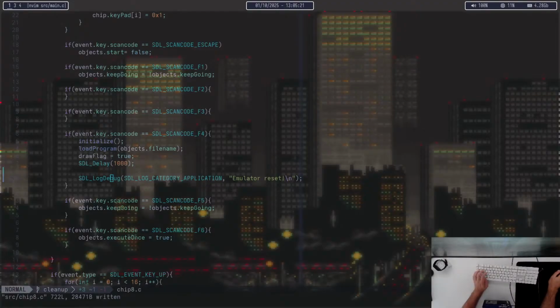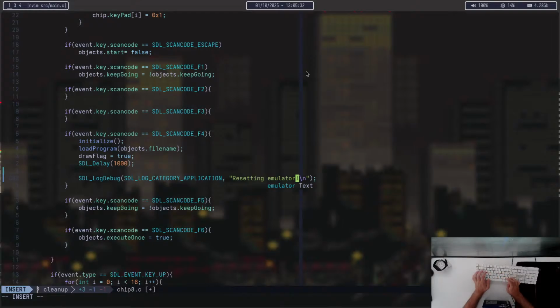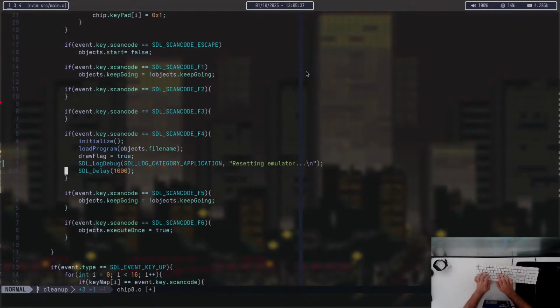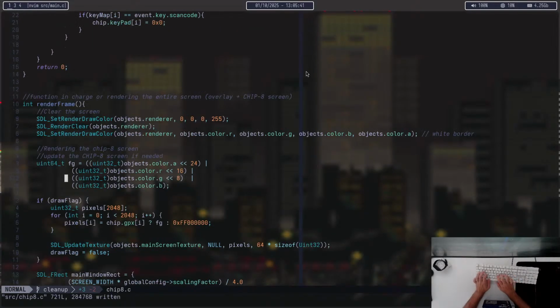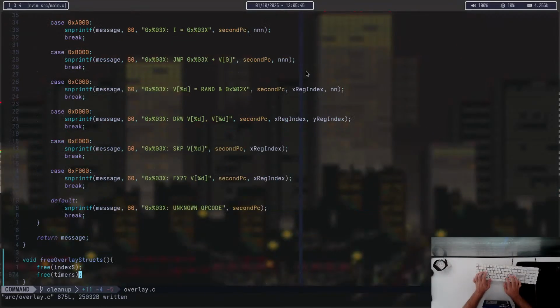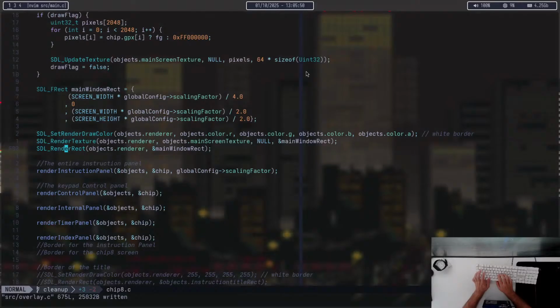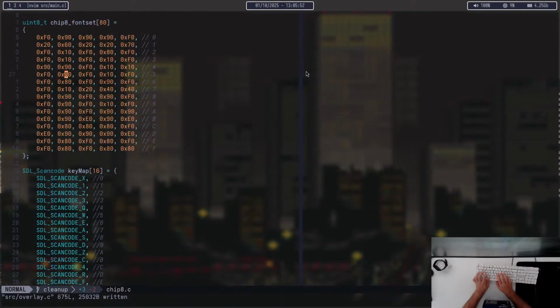Alright. So emulator reset. Right. Or it could be reset in emulator. More like it, and then just put it in here. Great. I guess I could add a bunch of different debug statements, although I don't really want to do it. That's not what I wanted to do. So let's just say that